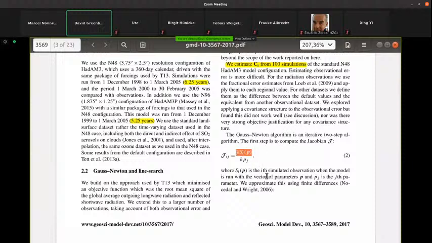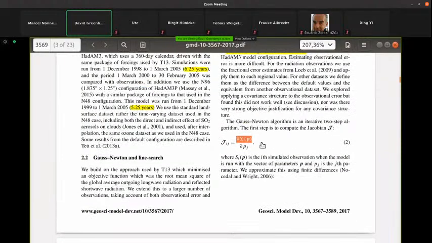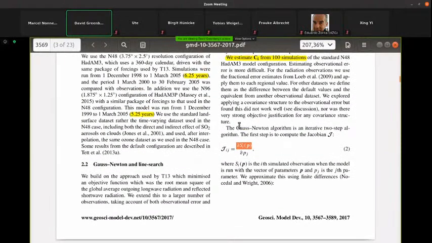So the idea is you build up these sensitivities. How much does each output change with respect to a perturbation of each input? And that'll tell us which direction to perturb all the parameters in order to get a good match to our data. Okay, so there's several problems here. The number one biggest problem, I'd say, is that